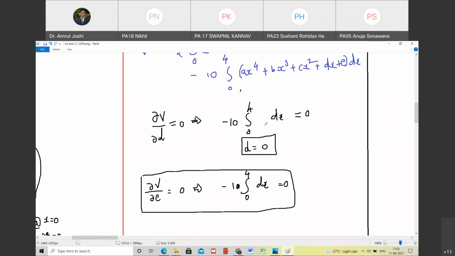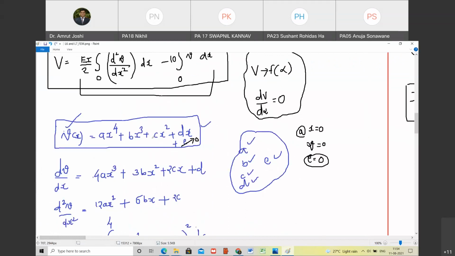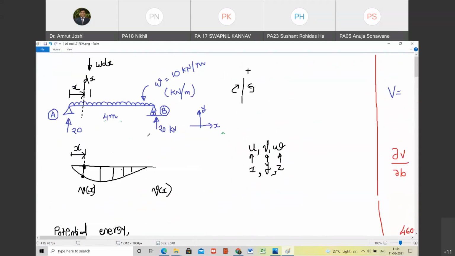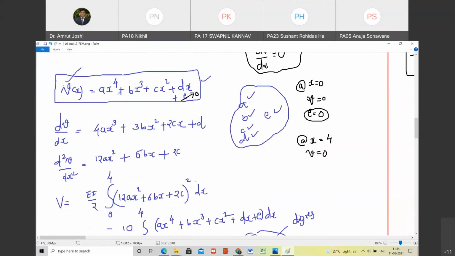So this turns out to be 0, and that is not possible, right? Yes, sir. Again, this is because we have not satisfied the second boundary condition while writing down the expression for V of x. So let us satisfy the second boundary condition as well. At x is equal to 4, V must be 0. Do you agree with me? Yes, sir. At x equal to 4, V must be equal to 0. There is no other option. So that gives me what? Let me evaluate that.